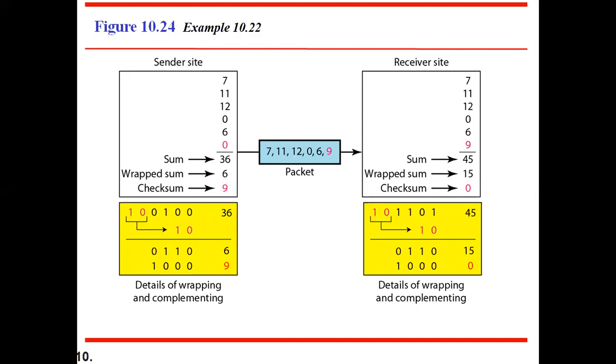Whatever number of bits you get, in this case we are getting 6 bits. Depending on the number, you may get 8 bits also, you may get 10 bits also. But it should be converted to 4 bits later. First you represent whatever the sum is in binary, say if it is 80, then that 80 has to be represented in binary first. Then however many extra bits you get apart from 4 bits, that has to be brought here and added to the previous numbers. Then we'll get the wrapped sum.